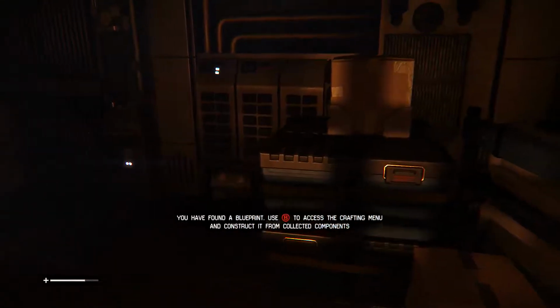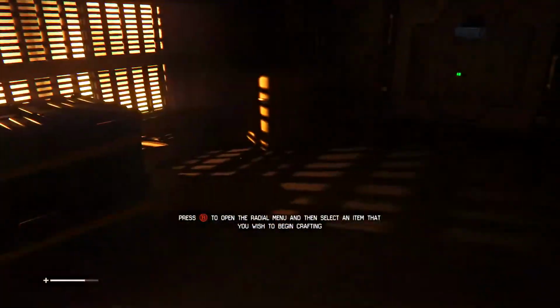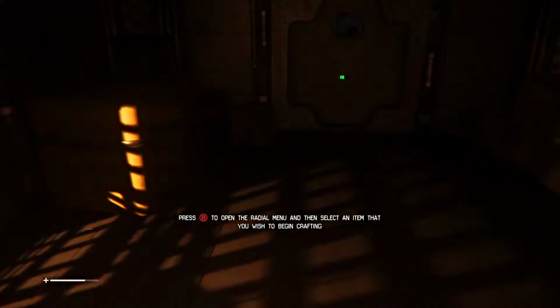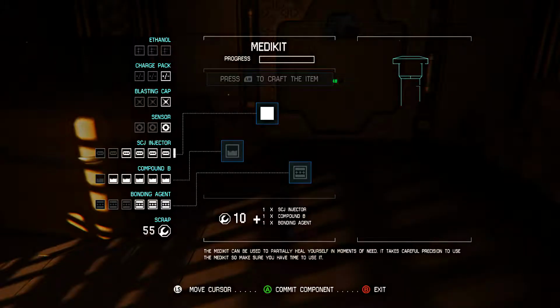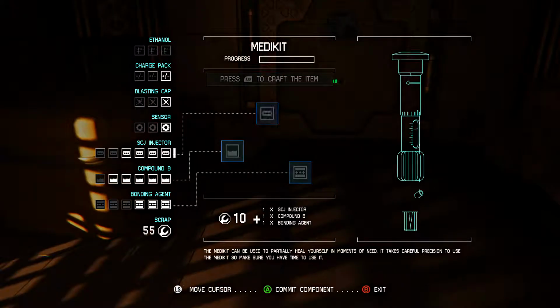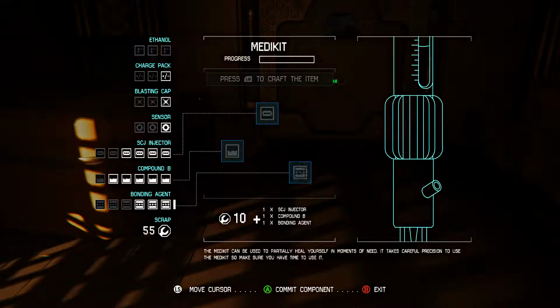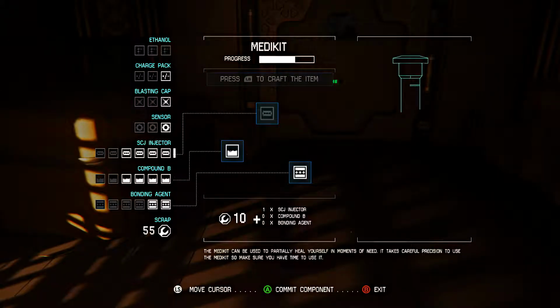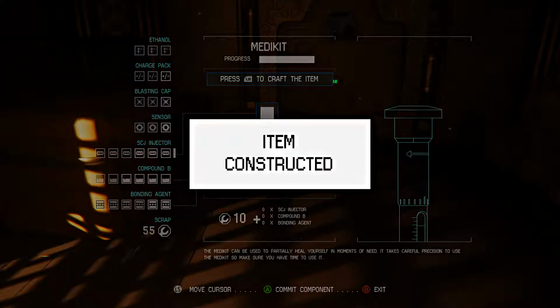Gonna pick up all the items down here first before we start crafting things. Making sure all is well. Is there more stuff? Not really seeing much of anything. So let's see if we can do some crafting on a medikit. So we're gonna need an SCJ injector, compound B, and bonding agent. We have plenty of each thing, so let's put everything into commitment and then press that left bumper button to